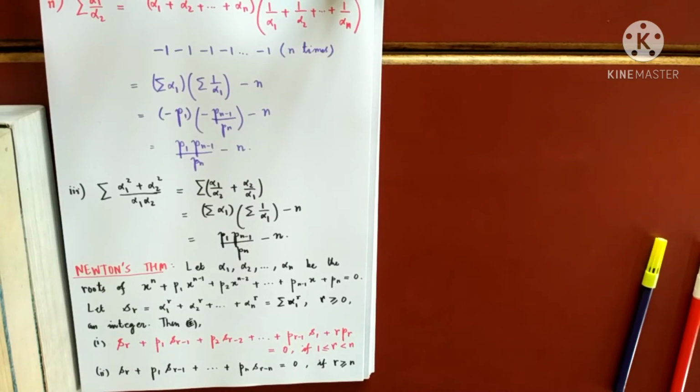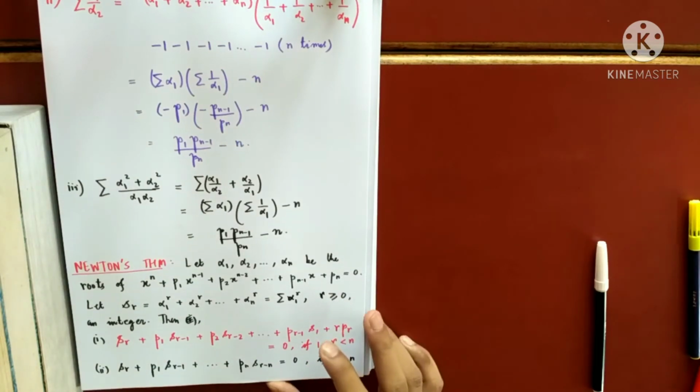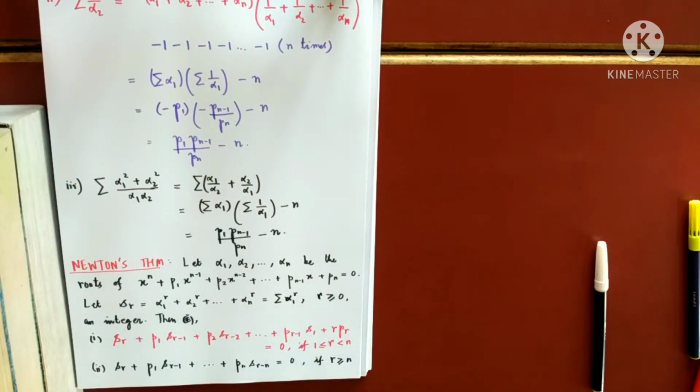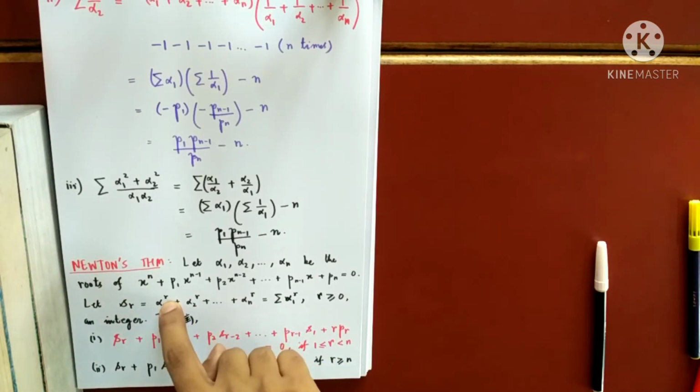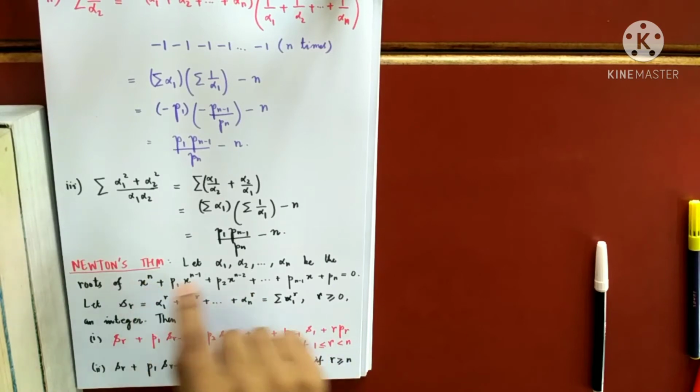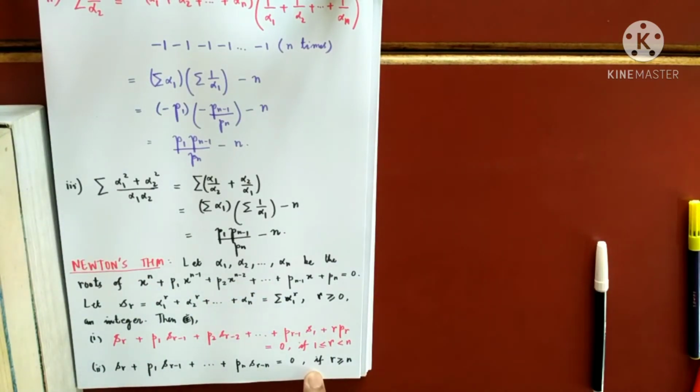We will not do the proof of Newton's theorem, but we will use this theorem while doing the sums. So Newton's theorem has given us a relationship between the SRs and the coefficients of this equation. Whenever this power is more than the degree of the equation, we will use this result, and whenever this power is less than the degree of the equation, we will use this result. What exactly these results are, I will tell you. So just copy this down very properly. I will explain while doing the sums.